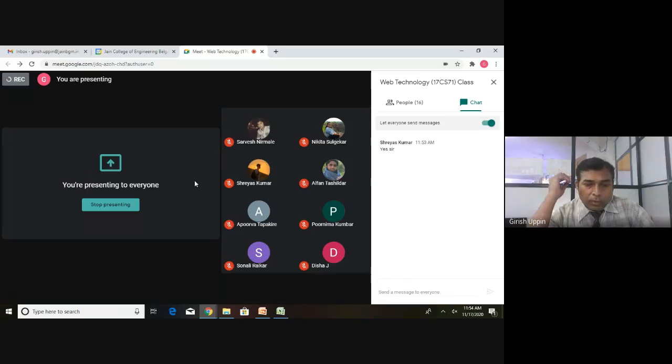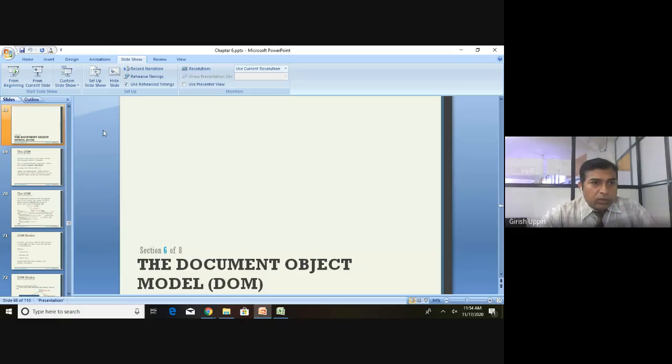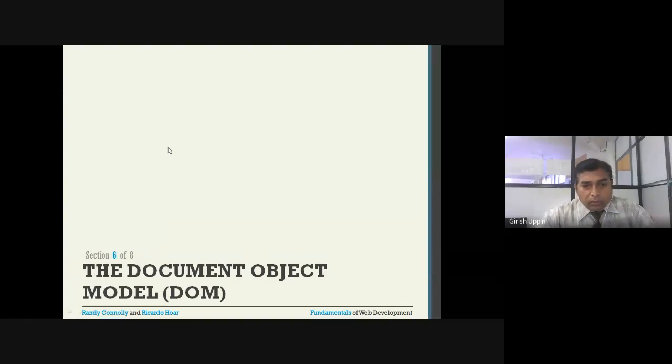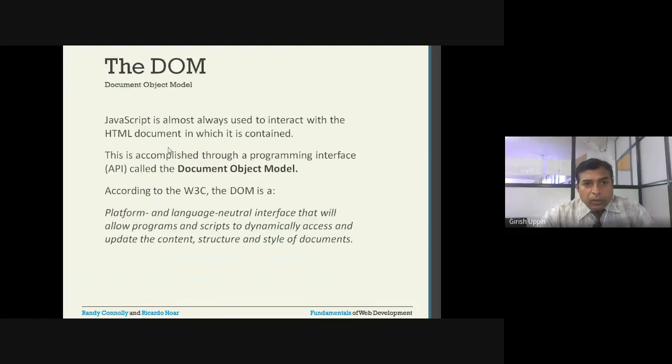About the DOM, the document object model. We will quickly go through the portion which we have already covered, and those who were not present for the last session can get more insights into the document object model. JavaScript